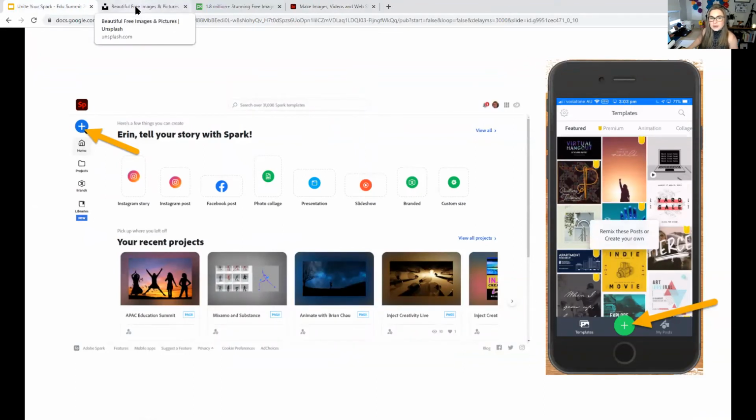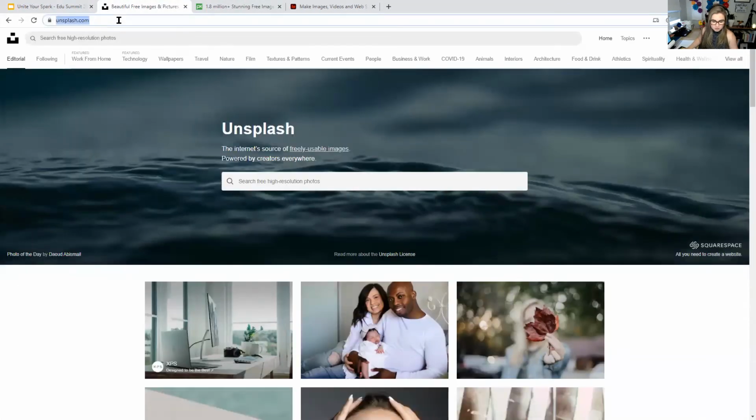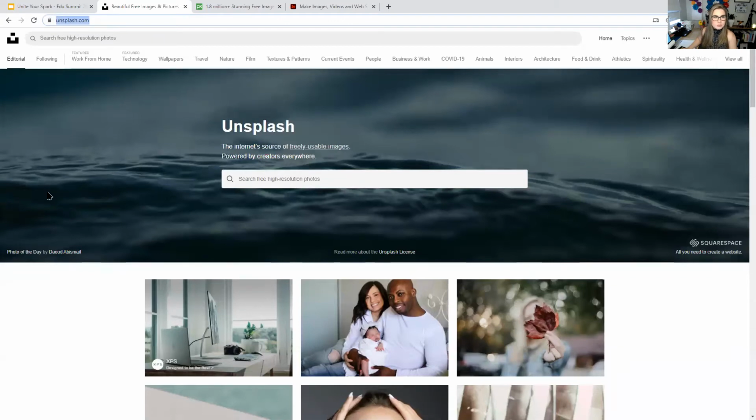So the first one that I mentioned before is Unsplash and Pixabay. So Unsplash and Pixabay,